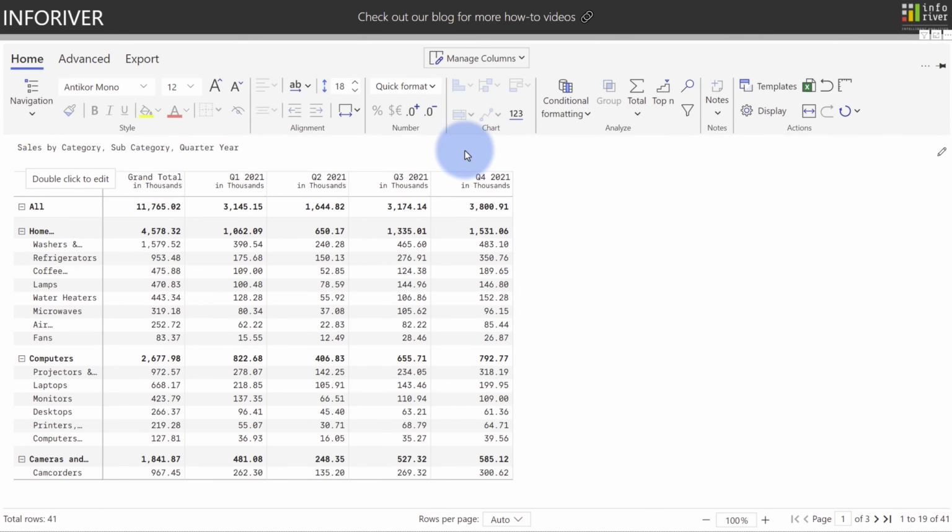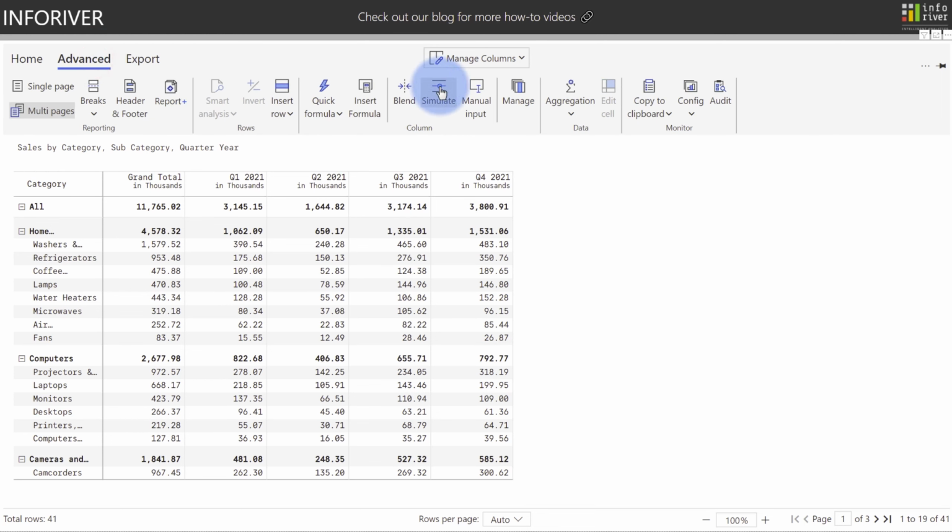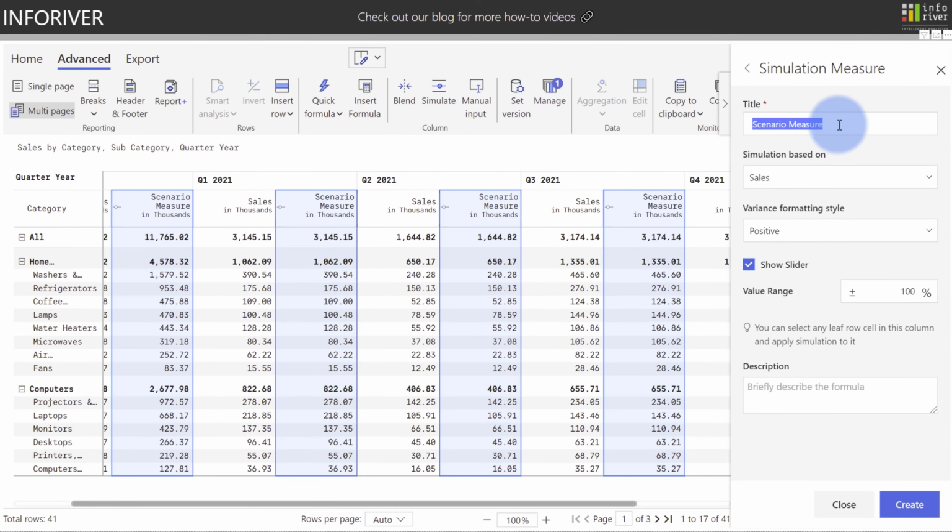Besides the manual input feature, another great feature for forecasting is the ability to add and adjust simulations. To start, we're going to come back to the Advanced ribbon again, and this time we're going to select Simulate, and we're going to start by renaming this to Forecast, and we'll have an option to choose what the simulation will be based on. In this case, we'll keep it on sales because that's the only other measure in the